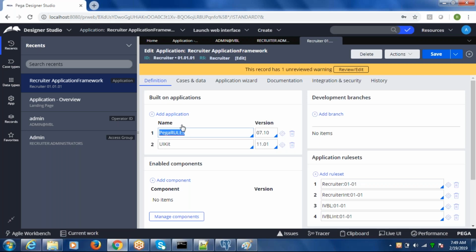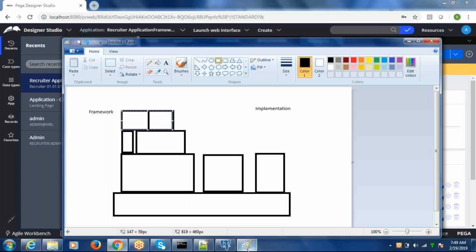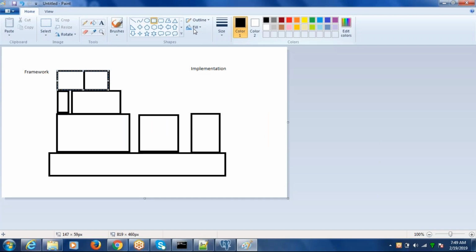All right. It's just like creating a template, right? And the template will be the base for creating the implementation. Similarly, we need to have Pega rules as the base layer to create any application on top of it. It could be an implementation or it could be a framework, but the base application should be Pega rules.